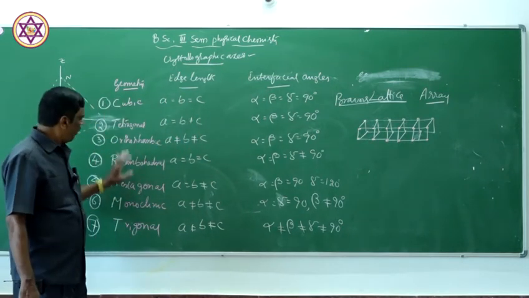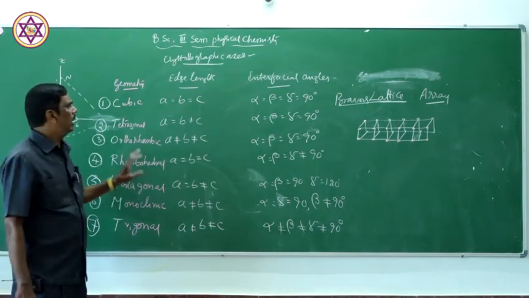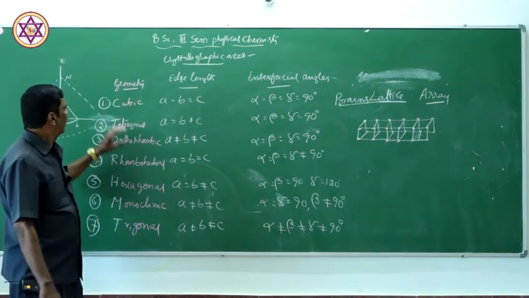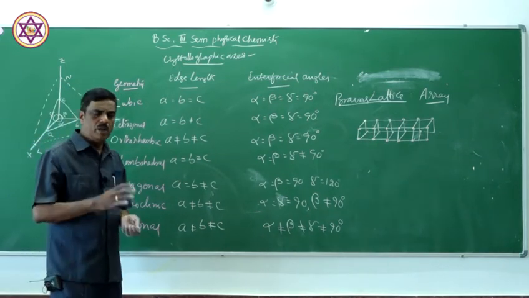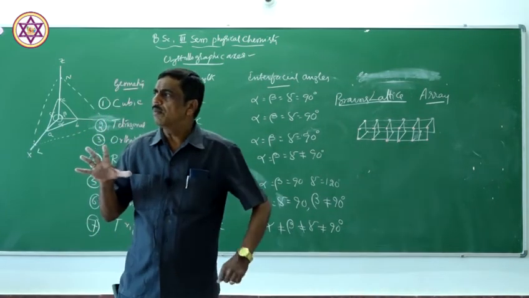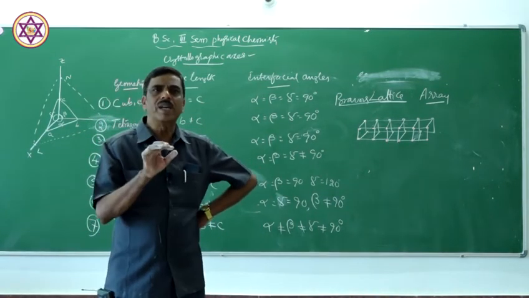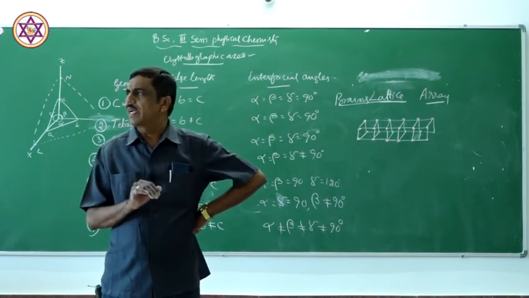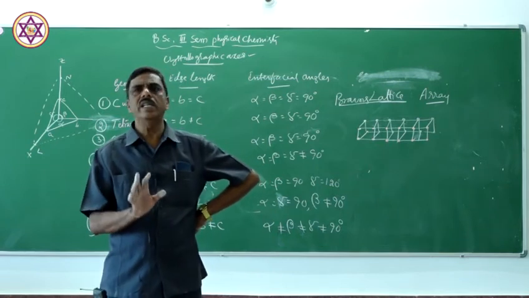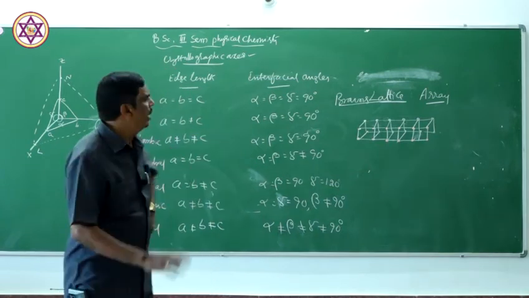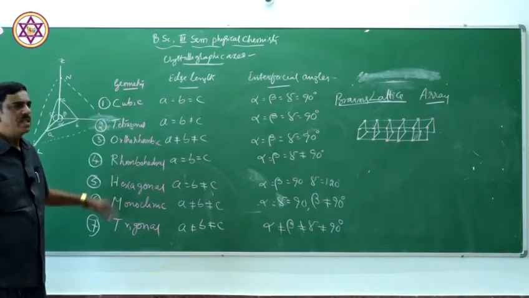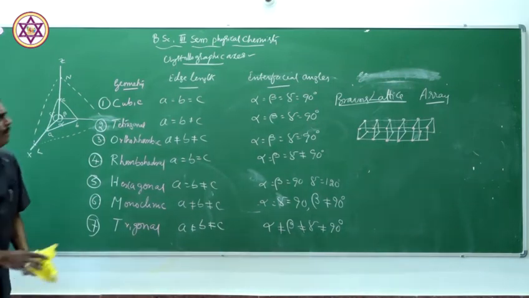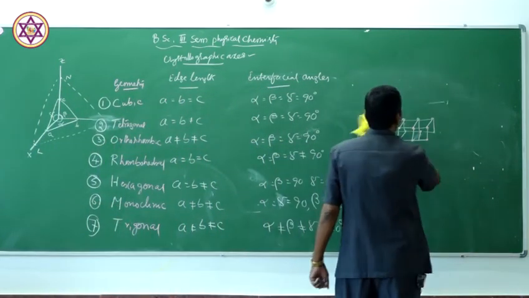So, this Bravais lattice can be represented for all these geometrical shapes. For example, in cubic crystal, different types of Bravais lattice are simple cubic lattice, body centered cubic lattice, face centered cubic lattice, and there are edge centered cubic lattice. So, even in these geometrical shapes, there are so many Bravais lattice, and those Bravais lattice can be counted using a trick.